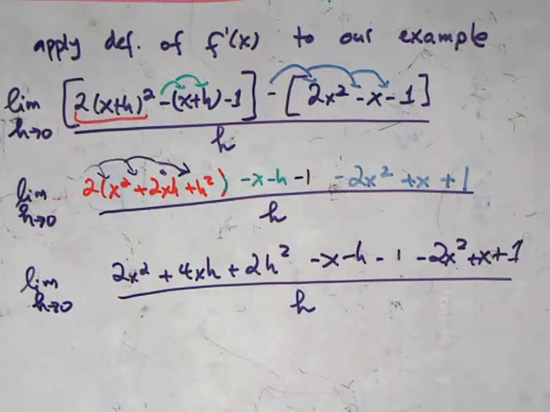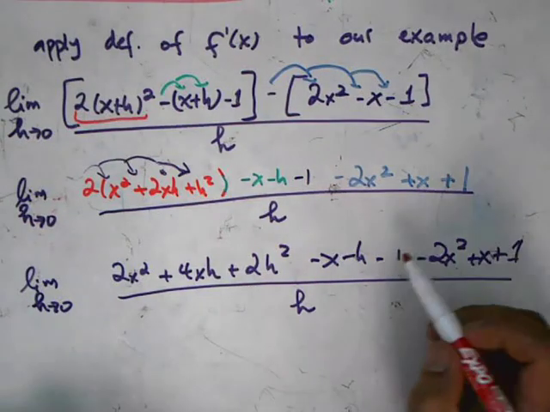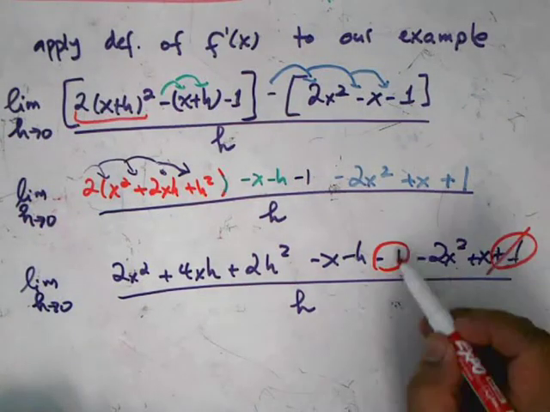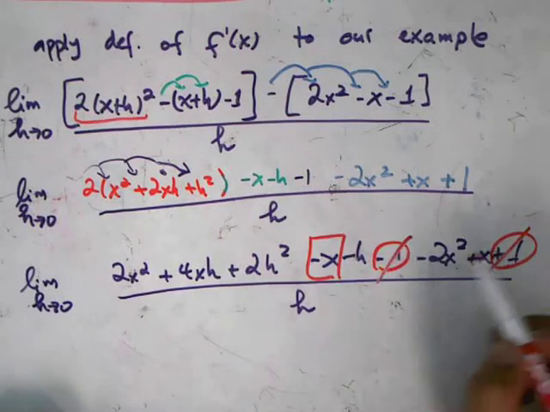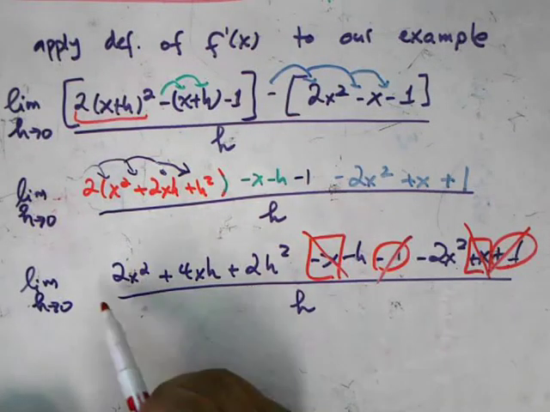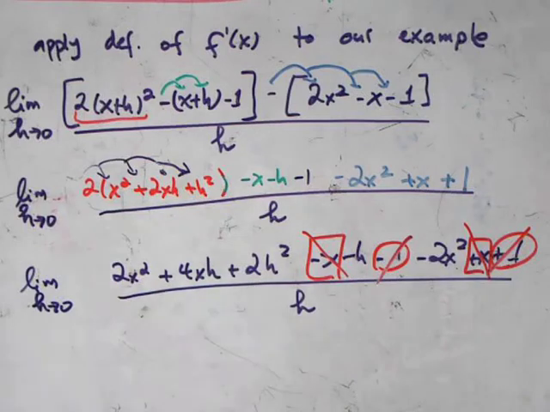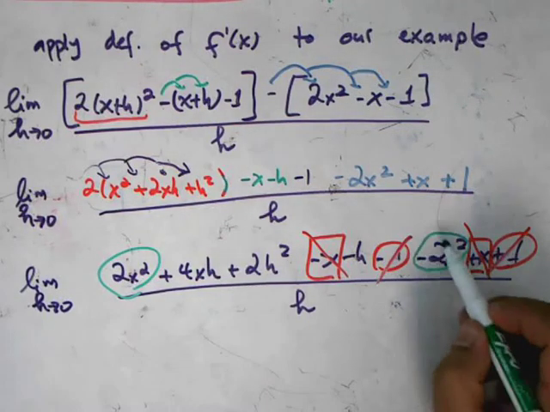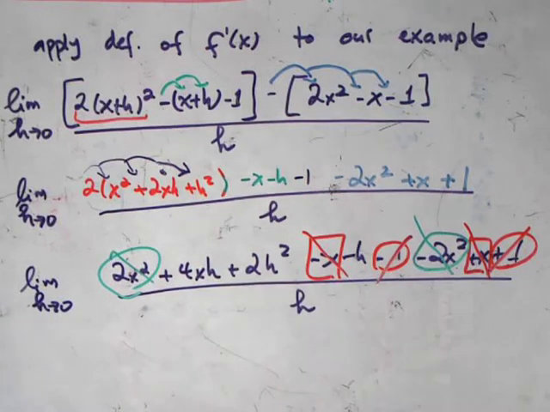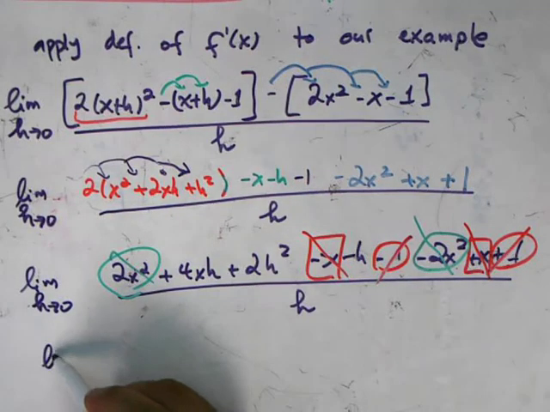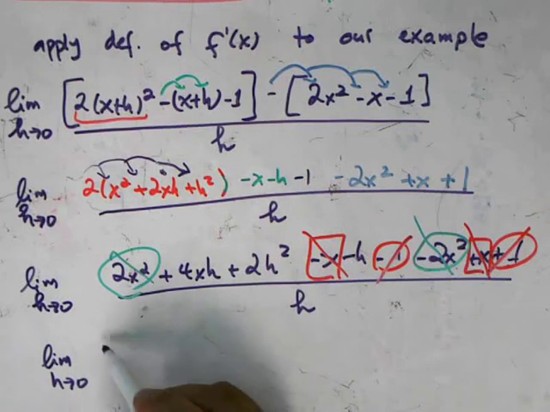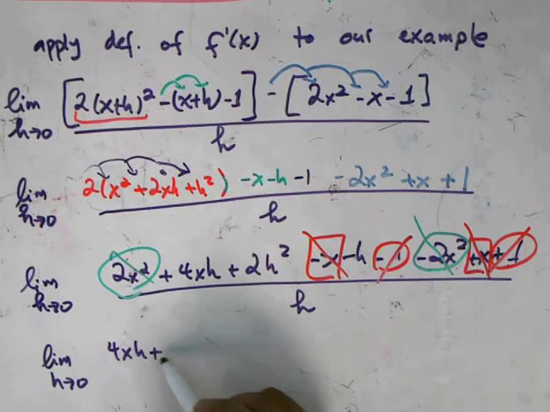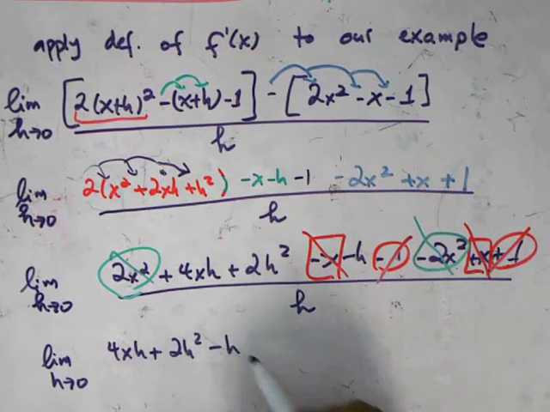And here comes the fun part, is when we get to cancel stuff. So negative 1 and positive 1 cancel. Negative x and positive x also cancel. 2x squared here, use a different color, 2x squared here and negative 2x squared cancel. And what are we left with? Well, a much simpler expression, the limit as h approaches 0 of 4xh plus 2h squared minus h, all of